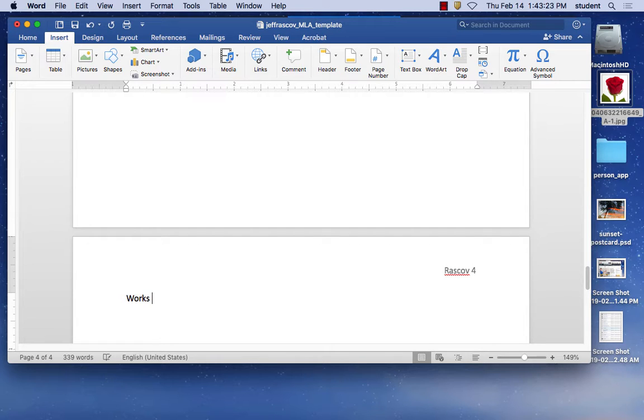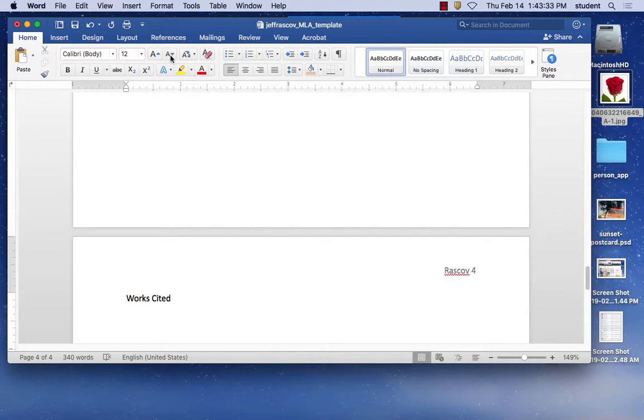Works. Cited. C-I-T-E-D. Cited? There you go. And we're going to center that. Again, you can center that by going underneath Home and saying Center. Boom. That looks beautiful. Then hit return and make sure your text is on the left side when you insert